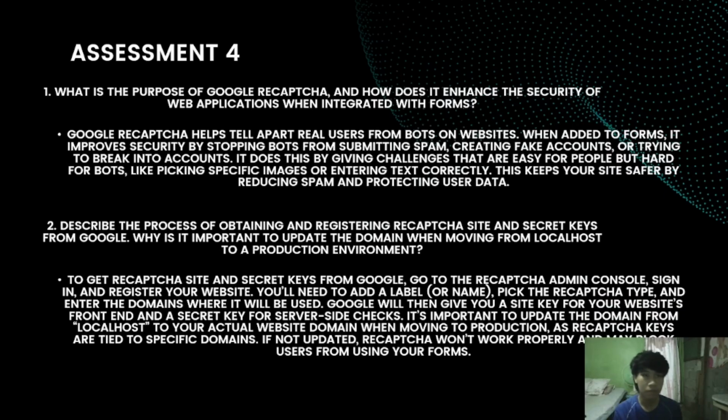Assessment number 4. What is the purpose of Google reCAPTCHA and how does it enhance the security of web applications when integrated with forms? Google reCAPTCHA helps tell apart real users from bots on websites. When added to forms, it improves security by stopping bots from submitting spam, creating fake accounts, or trying to